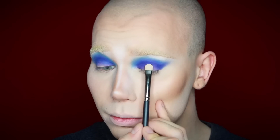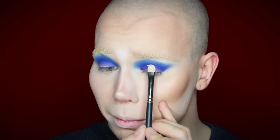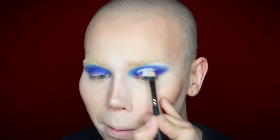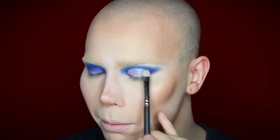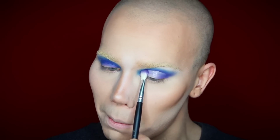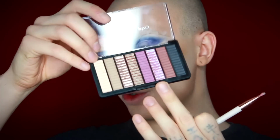Dipping back into my concealer on a flat head concealer brush, I'm going to now start to cut out my lid. And for the centre of the lid, I'm going to be dipping into the Supreme eyeshadow in Allure. And I'm going to be dipping into this really beautiful duochrome purple shade. And on a flat brush,